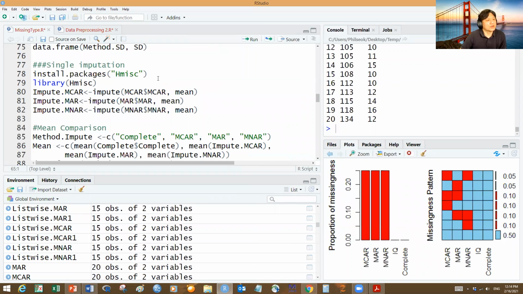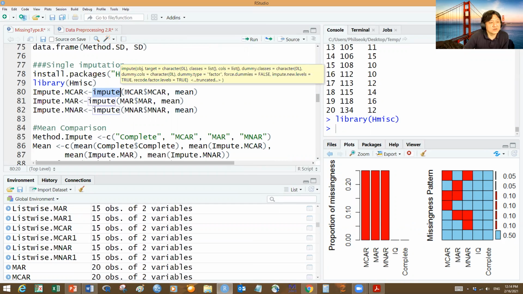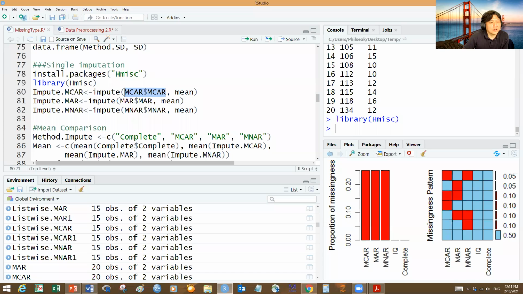So you can do the single imputation using the Hmisc package. So this is for the single imputation. If you load it, and you want to impute, you can just use the impute function. Impute, and this is the variable, no, I'm sorry, it's the data. In this case this is MCAR, and I'm going to use mean imputation. Then I run it and save it. So if I run it,